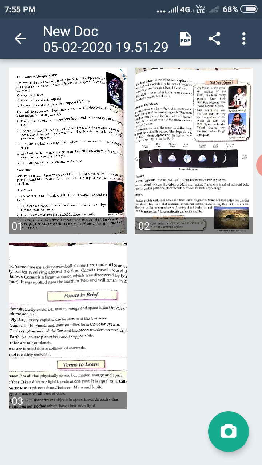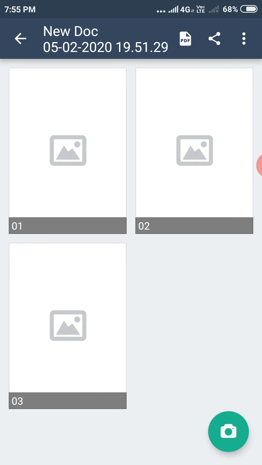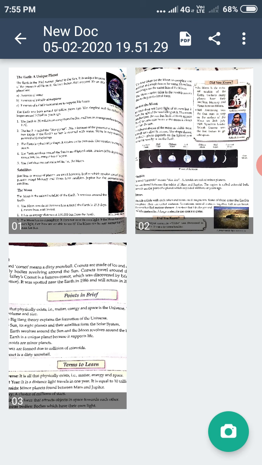The shape of the Earth is spherical. It rotates on its own axis, and one rotation of the Earth is completed in 24 hours. You can say it completes one day. And the revolution of the Earth around the sun is completed in 365 1/4 days, and that is a complete year, a full year. It revolves around the sun in an elliptical orbit. Elliptical means oval-shaped orbit, and it takes 365 1/4 days to complete one revolution, or you can say complete a full year.